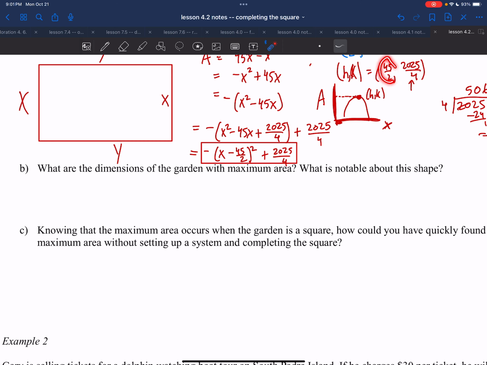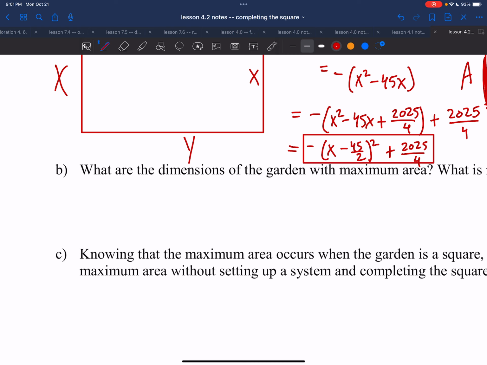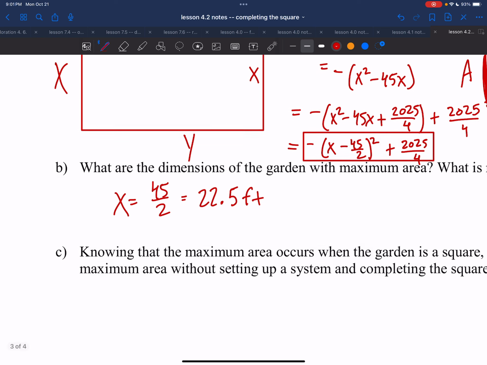So the h value, that's like the x, right? We saw this in terms of x. So what this tells me is the x length is 45 over 2. Of course, 45 divided by 2, cut that in half, is 22.5 feet. So you'd say, okay, Jenny, look, one of the dimensions is 22.5 feet. What's the other dimension? Well,